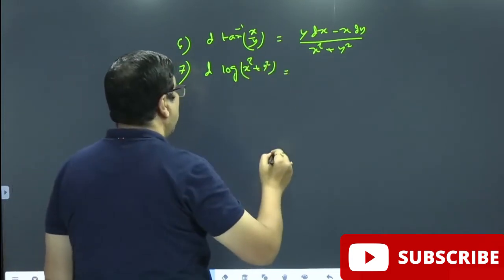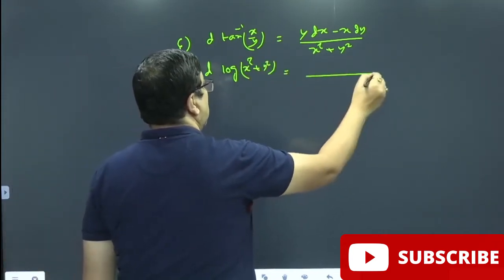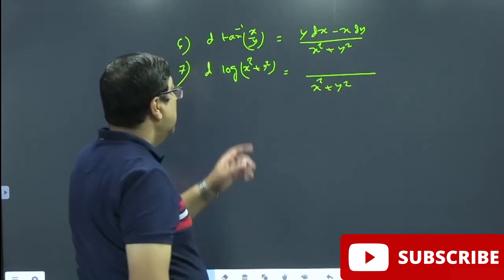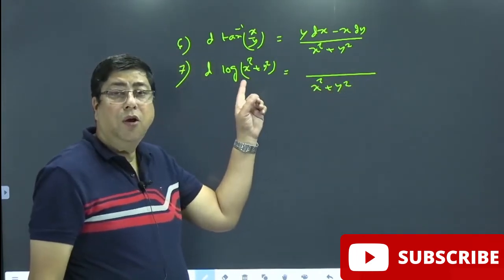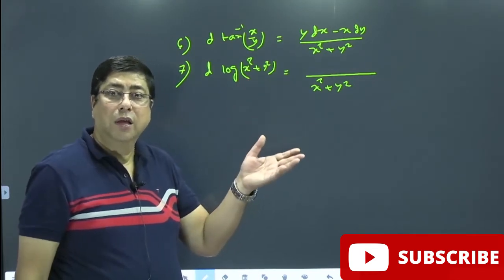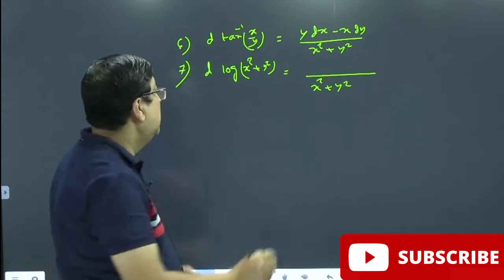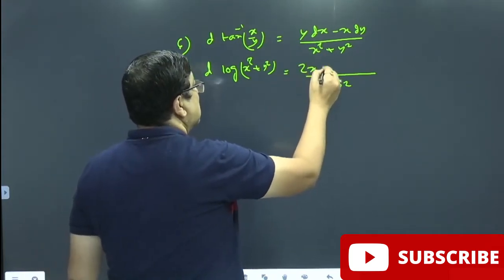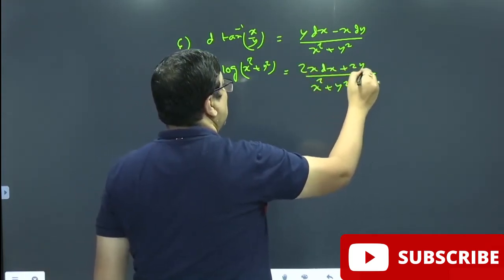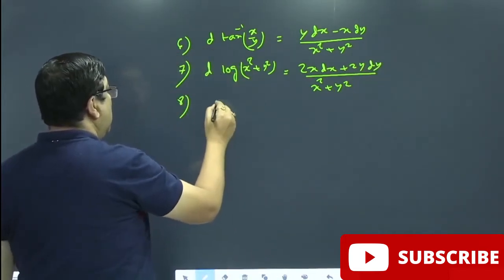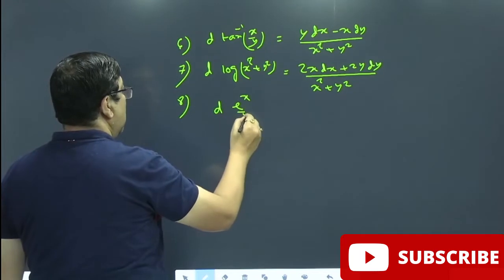If we apply the derivative concept, we are getting 1 by (x square plus y square) into d of x square, which is 2x dx, and d of y square is 2y dy. Therefore (2x dx plus 2y dy) by (x square plus y square), and then one more formula,